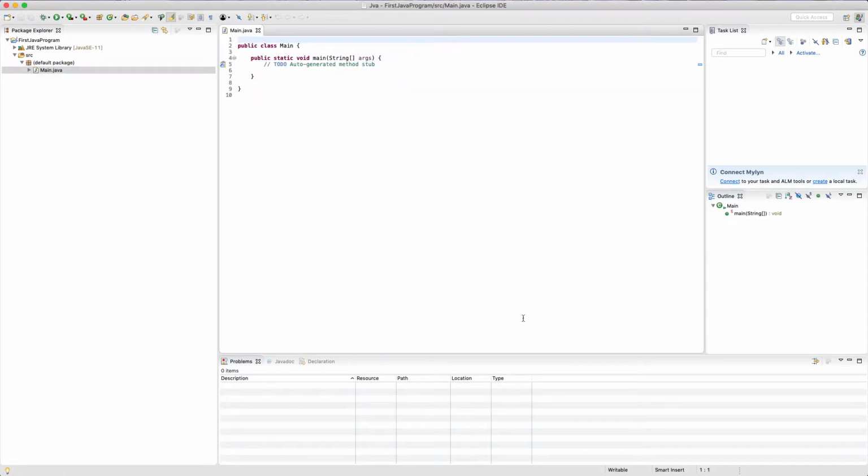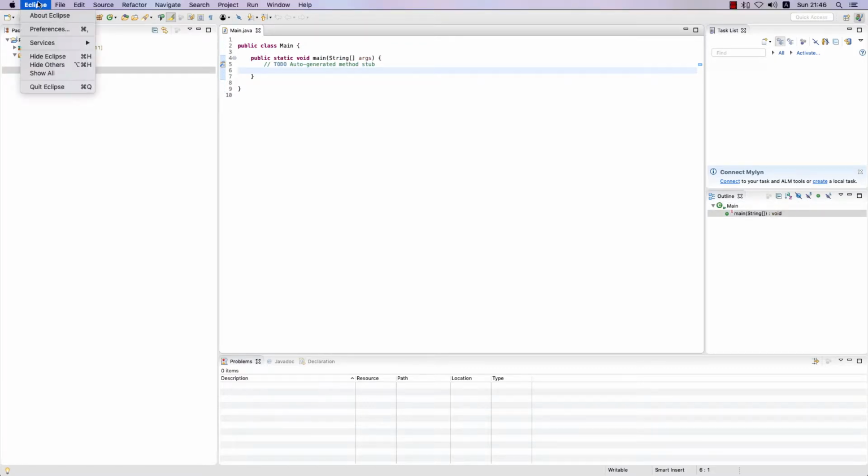Okay, this is it. This is our program. And Eclipse has already generated some code for us. And this code is working right now. But first, I need to change some settings of my Eclipse because I think these letters are very small for me. So I go to Preferences